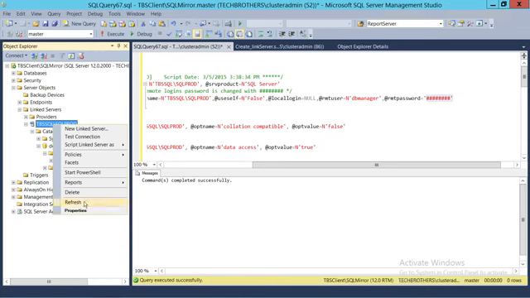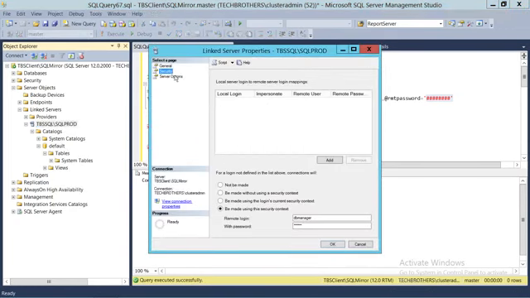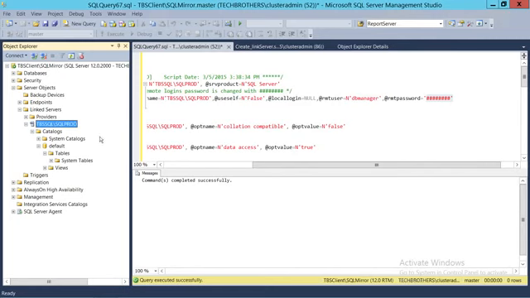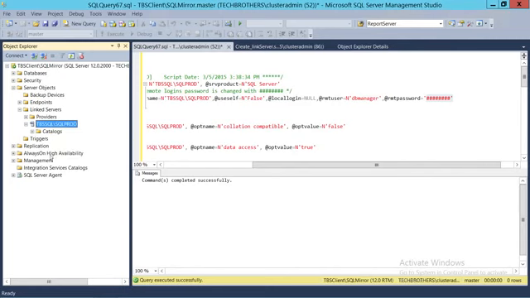So we're going to go ahead, right click on this particular server, click on security and put the password just one more time. Anytime you move the link server from one place to another place, and if you're using the SQL Server authenticated user, then it's going to put the password like this, and all you need to do is put the password in here again. So all right, we're going to go ahead and refresh that and go to the catalog,